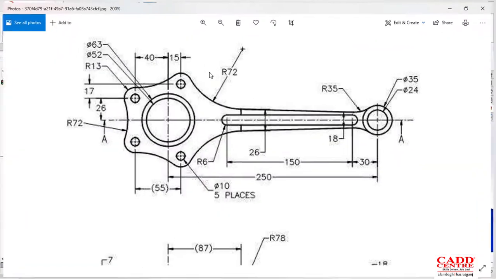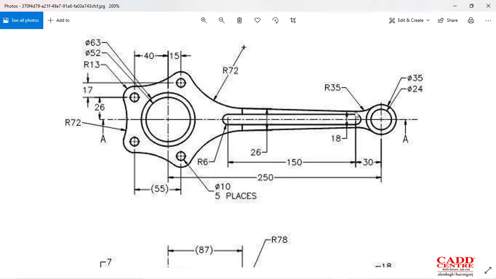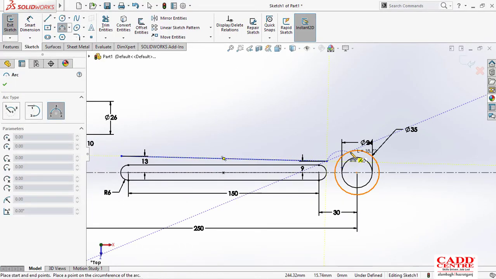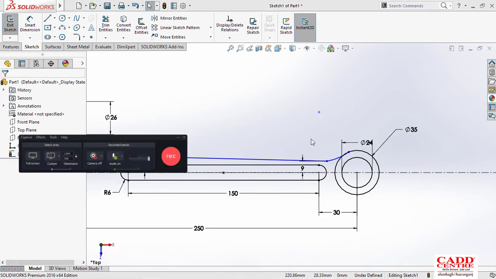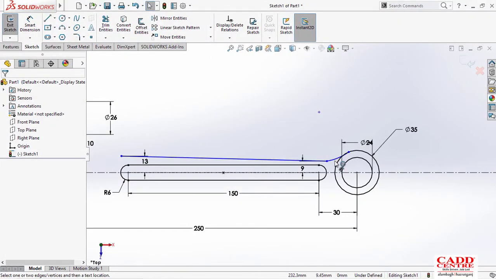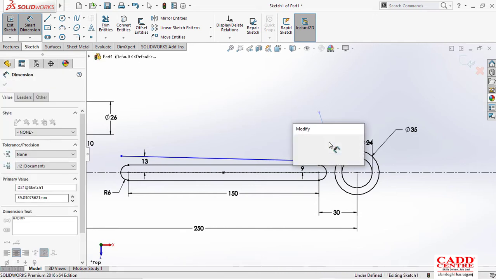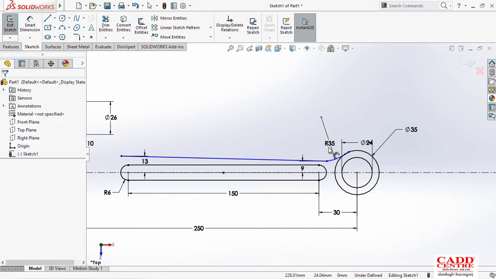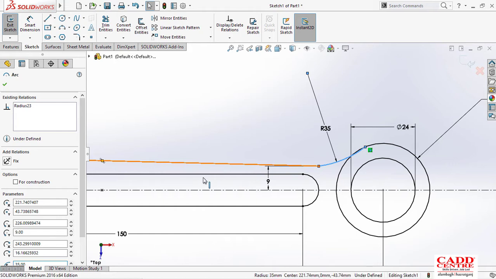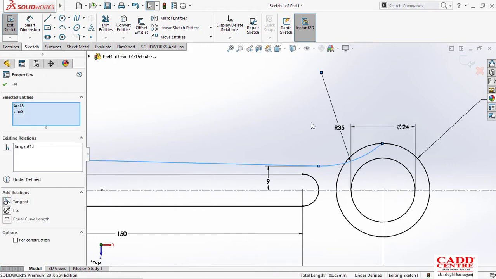So after that we just have to just draw another arc which is just touching these two and having the radius 35, also tangency between these two. So I'll just make another arc from this point to this point having radius 35, so this would be the radius 35, and also these all are tangent with each other, so I'll just select this one and this line, and I'll just give it tangent.